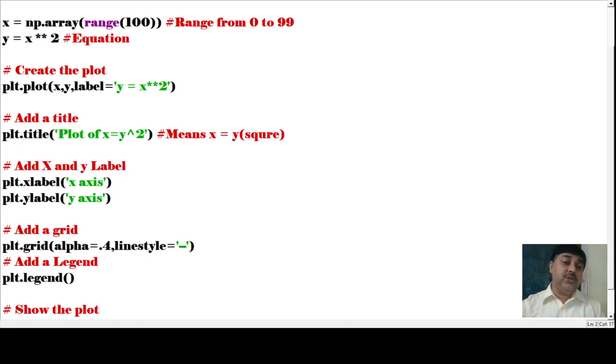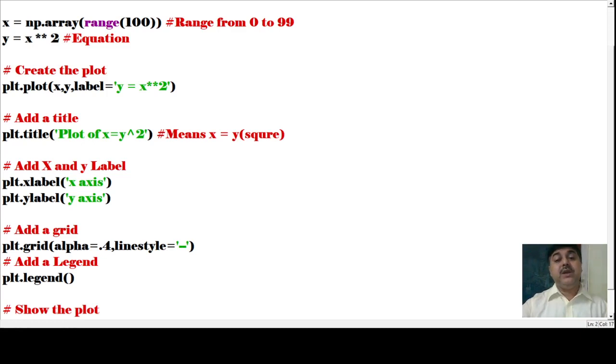The line spacing has been given here, and then legend has been called here. Based on this legend, it will design the plotting of the graph. Altogether, we have a particular range, and based on that range we are designing the graph, and different patterns of graphical form can be implemented here.